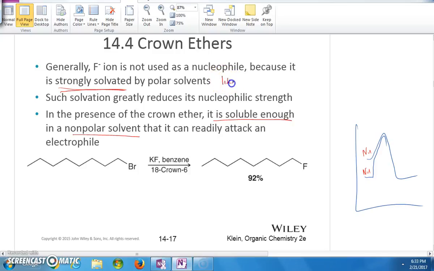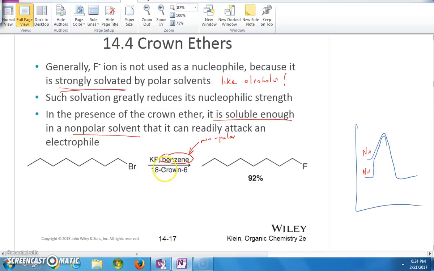Alcohols will strongly solvate the fluoride and make it unreactive. Solvation greatly reduces its nucleophilic strength. However, in the presence of a crown ether, it is soluble enough in a non-polar solvent that it can attack the electrophile. So using a mixture of benzene, a non-polar solvent,